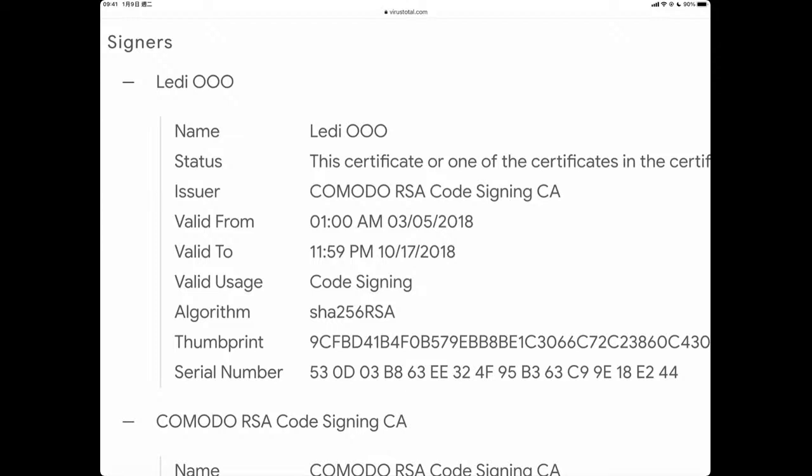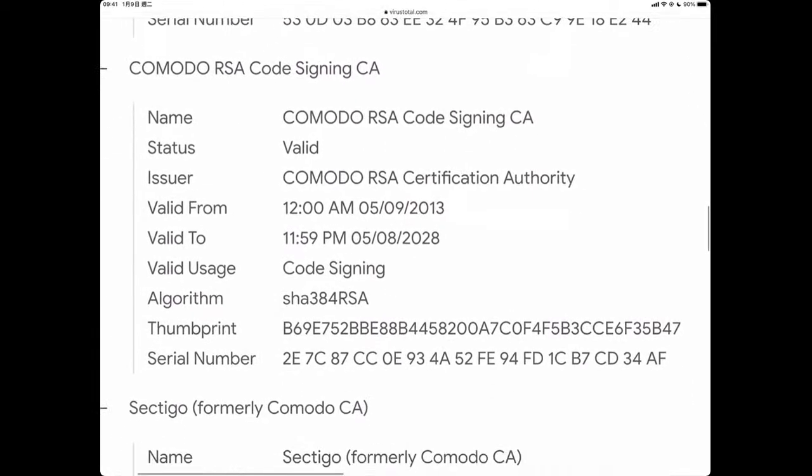As we can see, this signature is only valid from October 2018 to October 2018. So we cannot verify it, because this signature is expired.